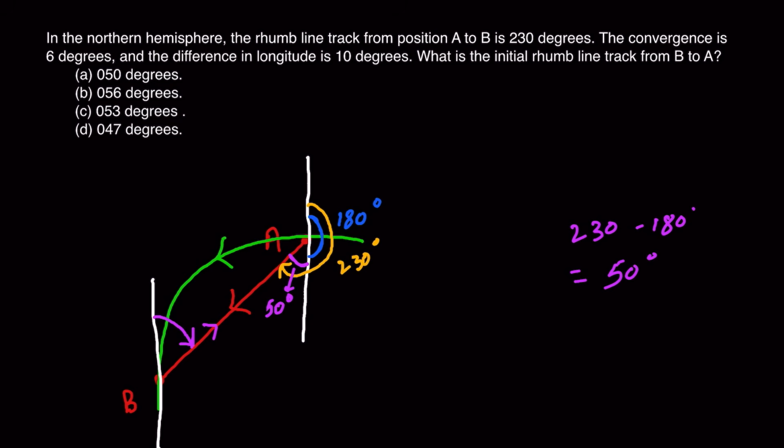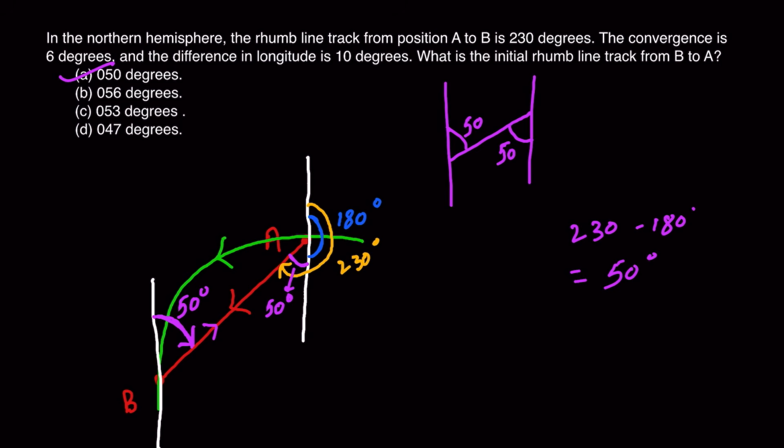And now tell me one more thing. If this magenta angle is 50 degrees, what will this other magenta angle be? If you look at the diagram properly, these two are nothing but alternate interior angles. Two parallel lines, one line cutting across. If this is 50, this will also be 50. So the magenta angle is 50 degrees. And that is the answer. So from B, if I start from the longitude towards A, the Rhumb line track is 050 degrees, which is